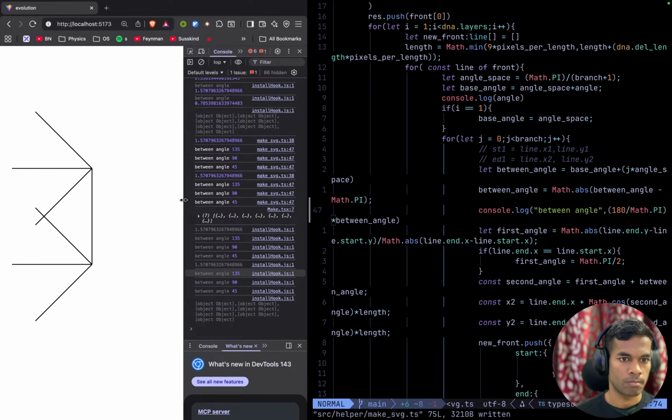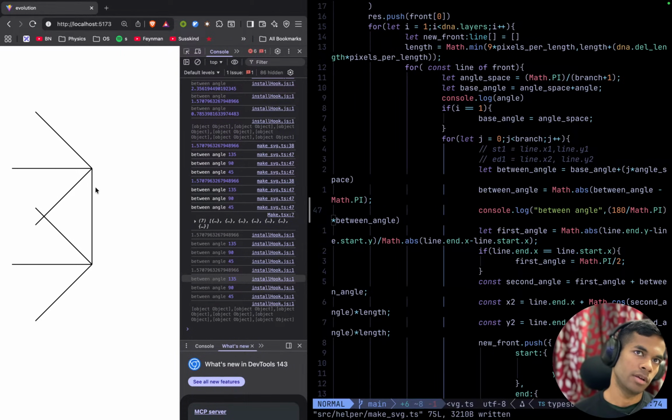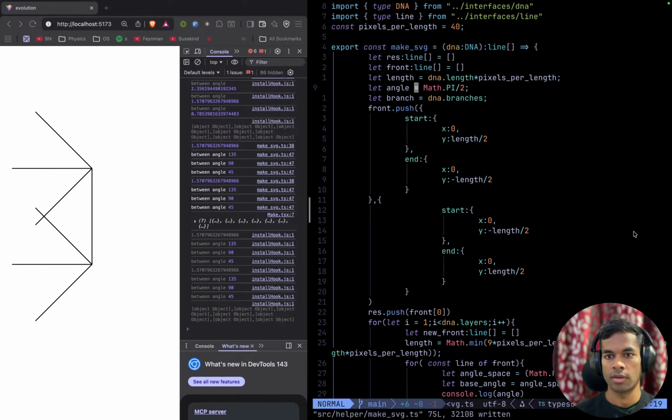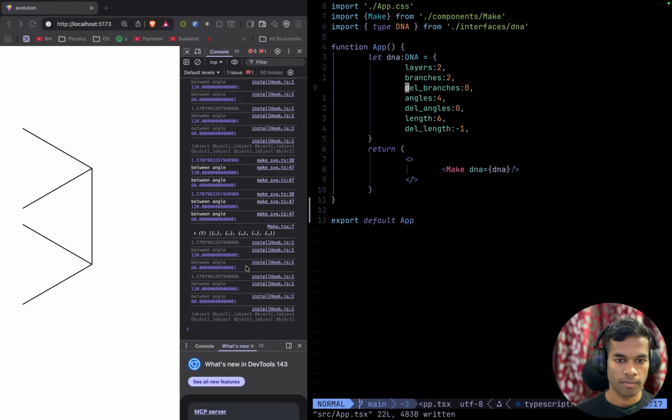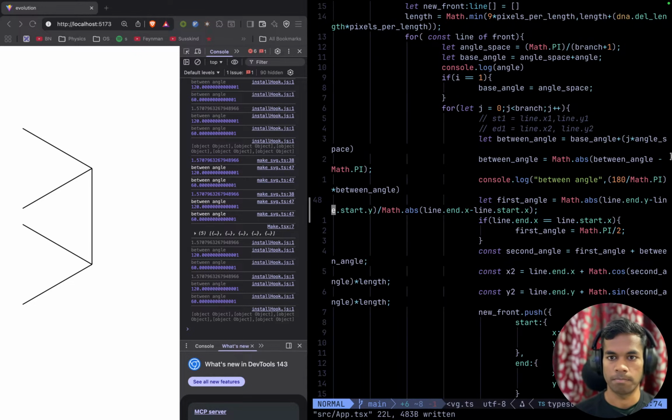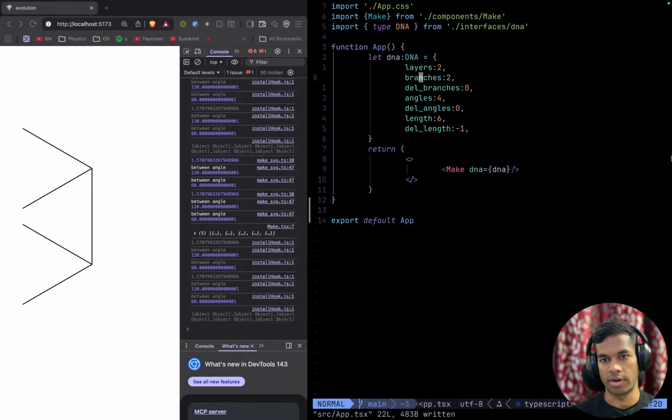Okay, and this is the 90-degree part. So it is taking the angle from the left side. Okay, and if the base angle is correct. Okay, 60 and 120 degree. Okay, and if we increase the branches,